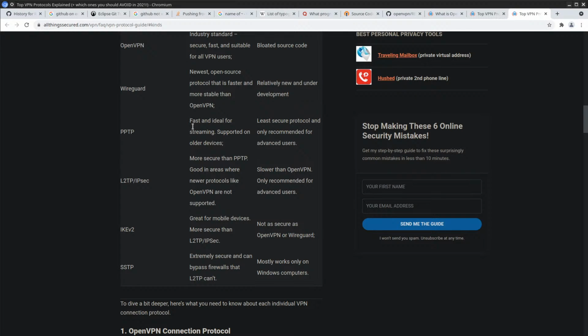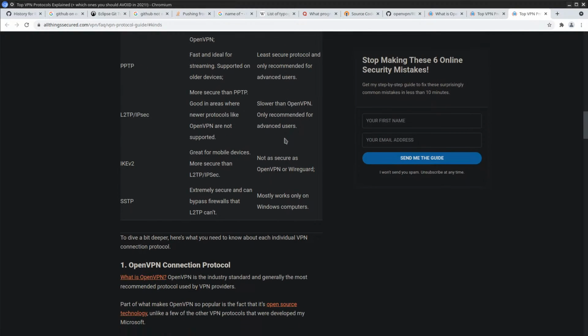Ideal for streaming, supported on older devices. This secure protocol is slower than OpenVPN and only recommended for advanced users.